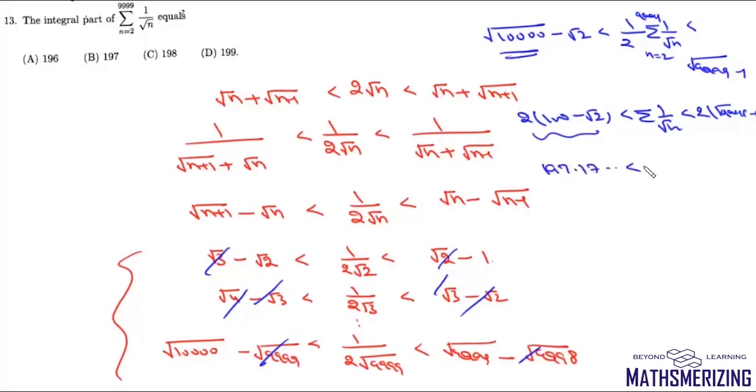197.17 something, and then this summation 1 upon under root n, and it will be less than, and this is 197.99. So this value lies between 197.17 and 197.99. So the greatest integral function of this summation 1 by square root of n will be 197, and that's your option number B. Now here the question is, we are given this relation which is an equals an minus 1